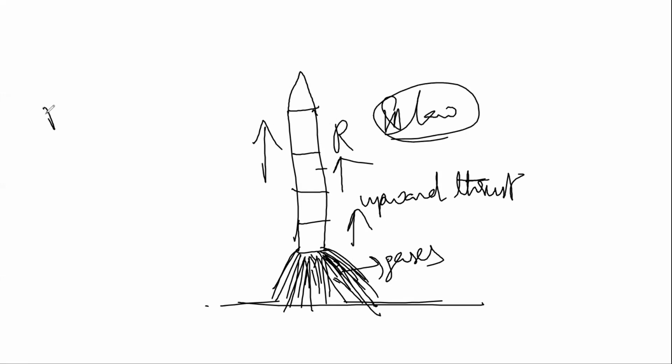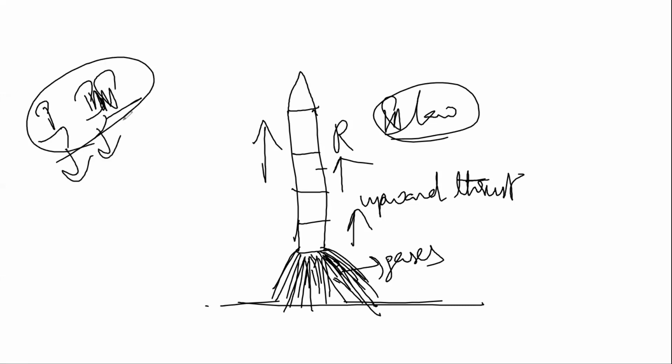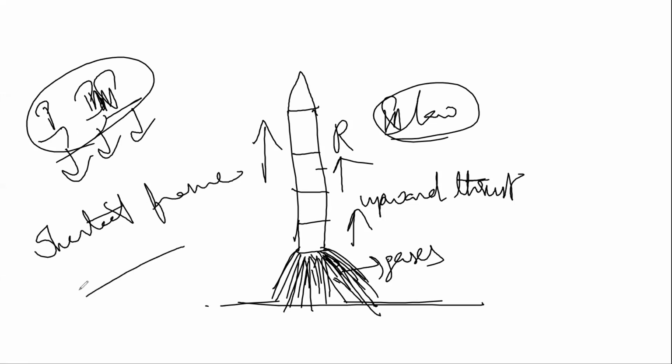Now we have the first law, second law, and third law. So all three laws we have seen. This is the law of inertia, this is F equals ma, and here every action has an equal and opposite reaction. Now we'll see the inertial frame of reference. I already told you about it. So what is an inertial frame of reference, students?